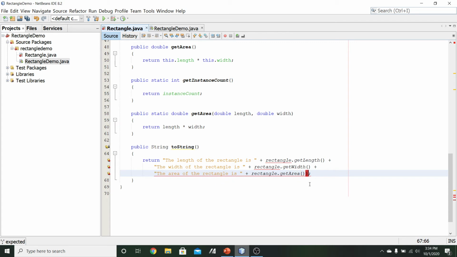And then we want to remove the extra parenthesis. So we'll have all of this. So we're just going to say return the length of the rectangle is plus rectangle.getLength, plus the width of the rectangle is rectangle.getWidth, and then the area of the rectangle is rectangle.getArea. But there is, of course, one catch, which is that